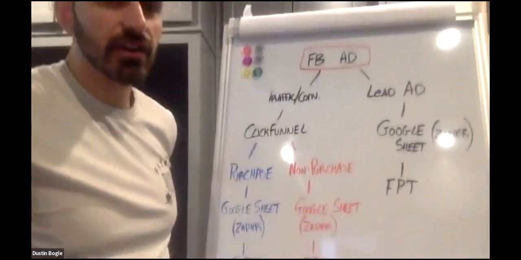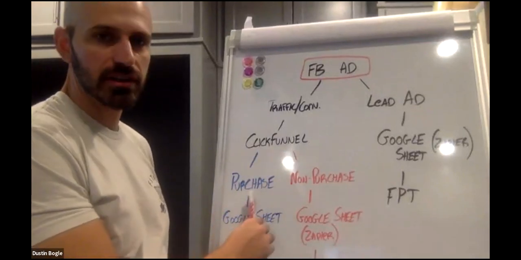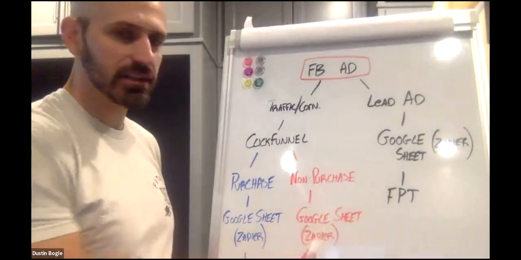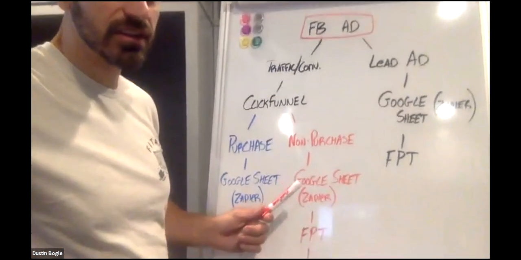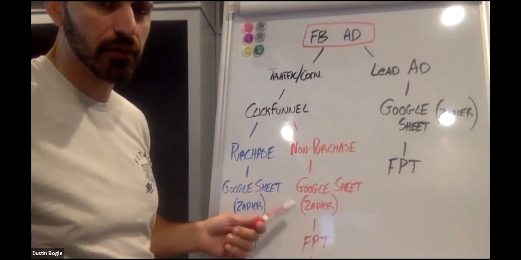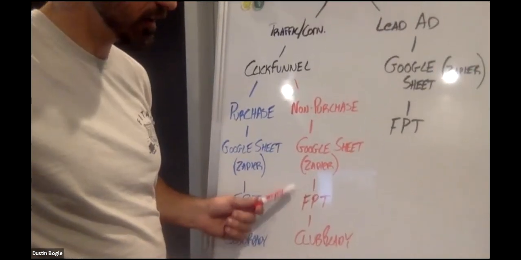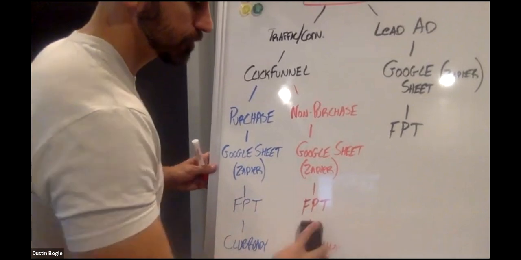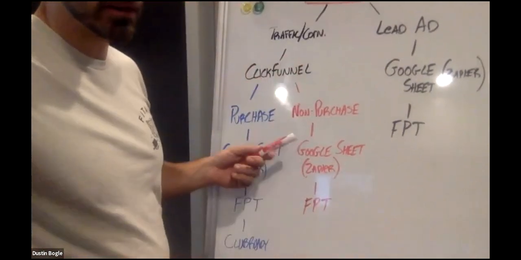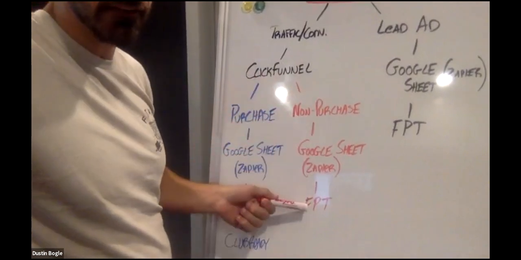All right, so let's go through 2 scenarios. I color-coded them, all right? So they go to your ClickFunnels, and either they purchase or they don't purchase, okay? Let's start with not purchase. They don't purchase. They can have their stuff zapped to a Google Sheet, and when I say stuff, I mean their name, phone number, email, or you can have it put into FitPro Tracker, all right? So that is the scenario of a non-purchase. Very similar to the lead ad, all right? They don't purchase, Google Sheet, and FitPro Tracker.